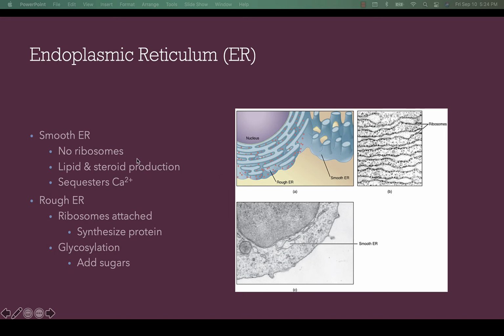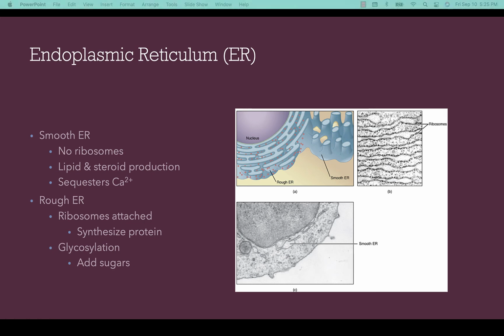The main function of smooth ER, which doesn't contain ribosomes, is the production of lipids. And steroids are very basically lipids. They're not, but they're made from lipids. And so it synthesizes phospholipids that are part of membranes in cells, as well as steroid hormones from other lipids. This means that cells that produce large amounts of these hormones, such as cells in the ovaries and the testes, have a large amount of smooth ER. The smooth ER also sequesters and regulates calcium, which is incredibly important for neurons when calcium is a trigger for